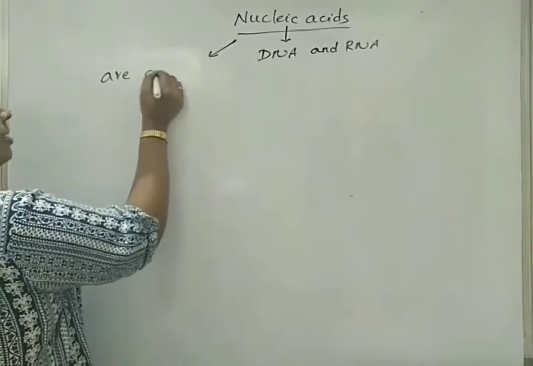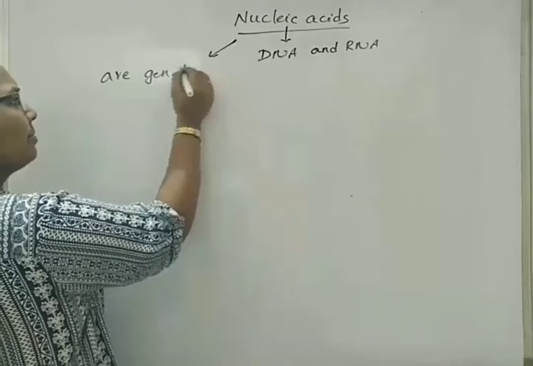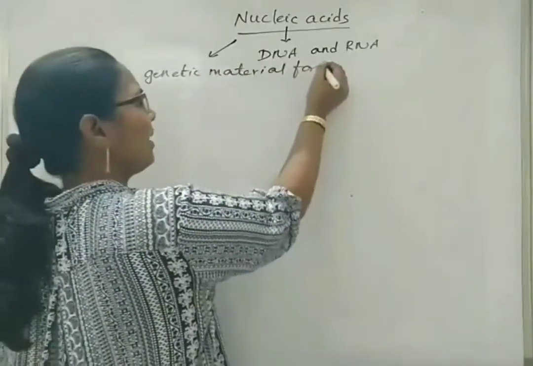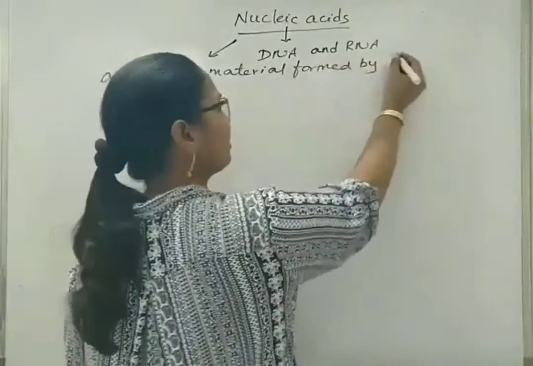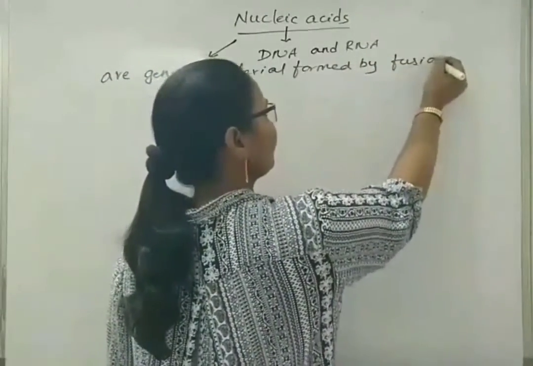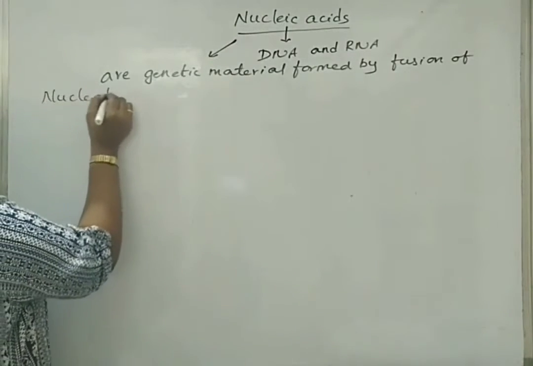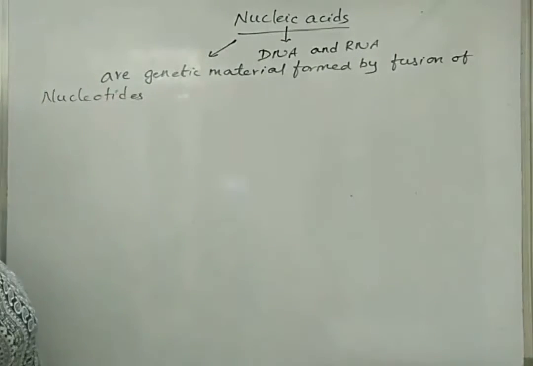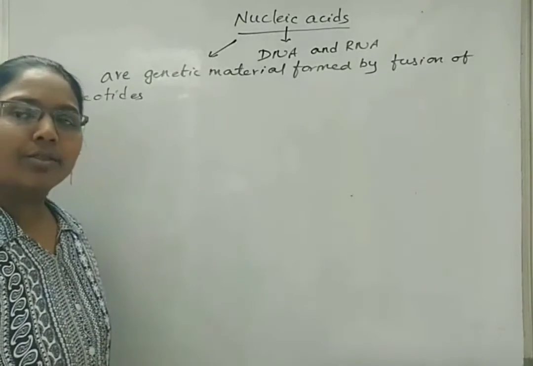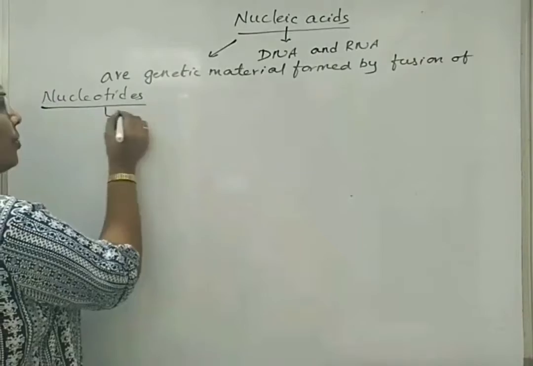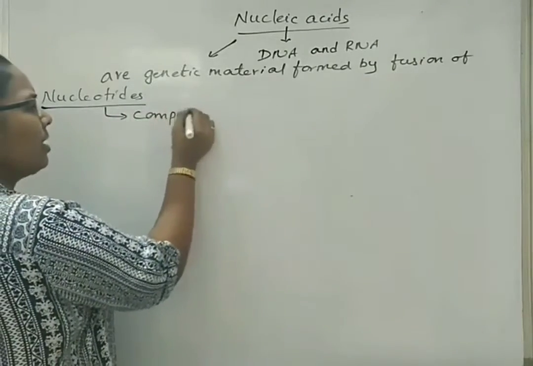They are genetic material formed by fusion of nucleotides. We can also say many nucleotides constitute nucleic acids. So what are nucleotides composed of? These are composed of